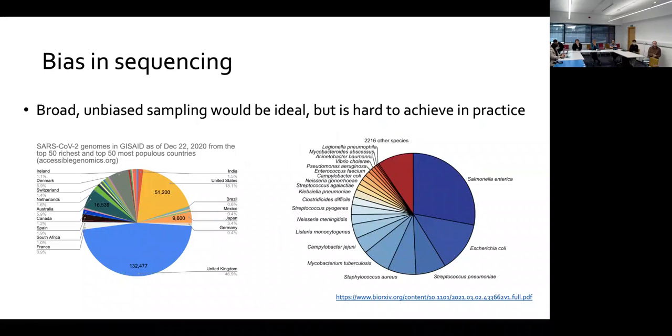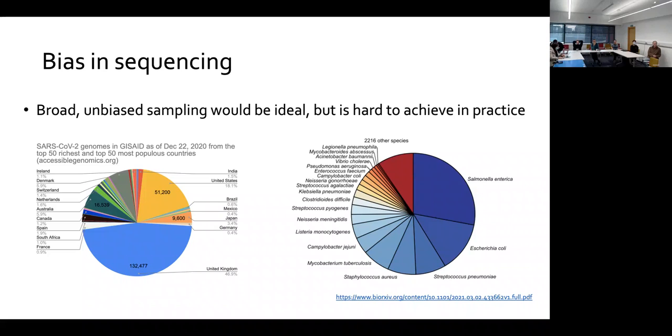Another thing I thought I should just raise, I'm not going to make a big deal out of it, but it is potentially problematic, is that when we think about deploying these algorithms in healthcare settings around the world, we're kind of hindered by the fact that implementation of genome sequencing is really uneven around the world at the moment. For example, with COVID, almost half of the genomes that are available publicly were generated here in the UK. The next runner-up is the United States. And then whatever's going on with COVID diversity in the rest of the world, we have a really limited snapshot